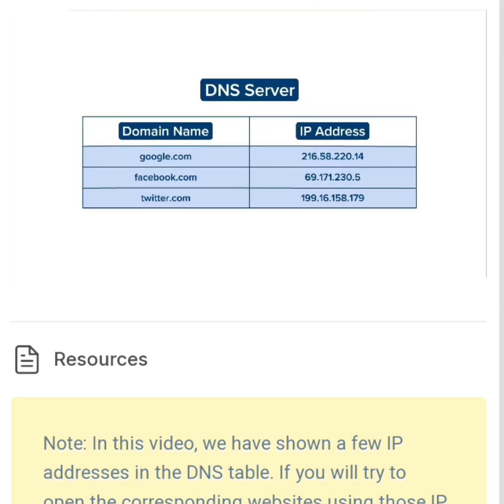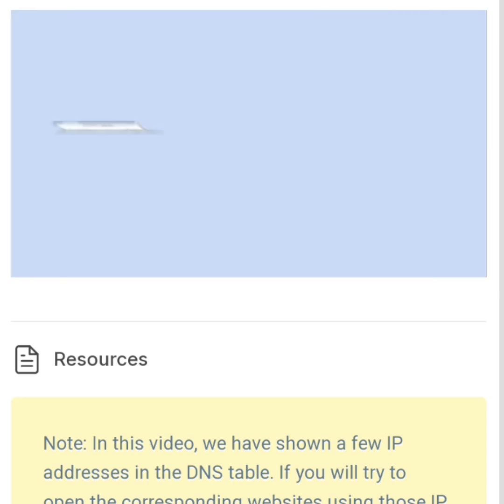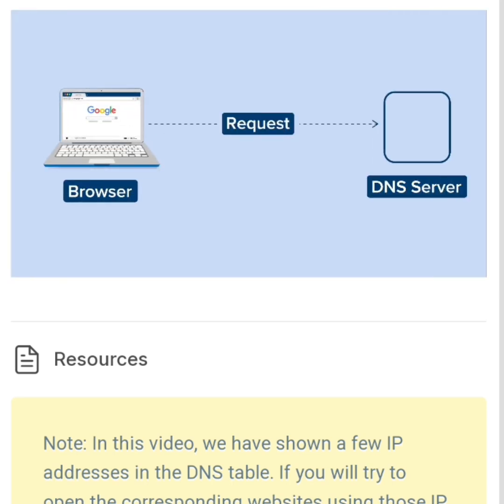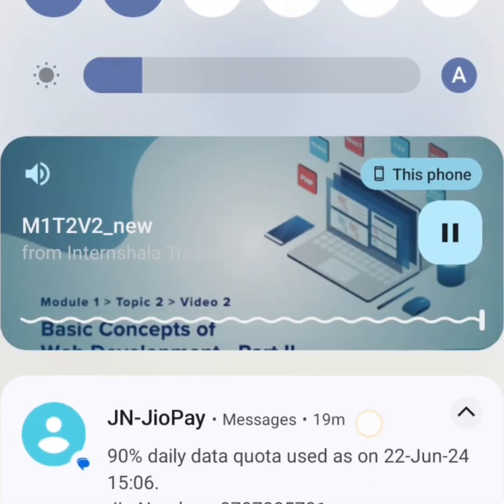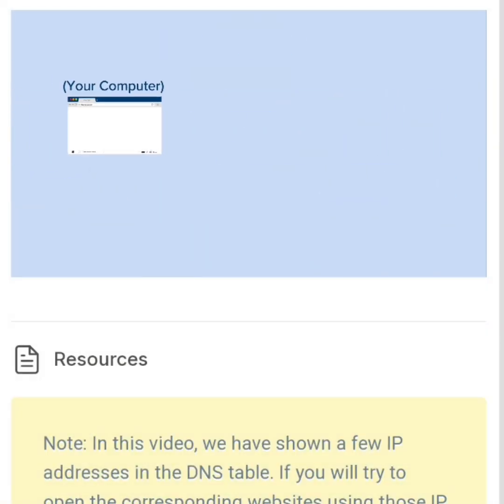This DNS maintains a table that maps all the website names on the internet to the IP addresses of their corresponding computers. In technical terms, the website name is also referred to as a domain name. So don't get confused as these terms are often used interchangeably. And the process of finding the IP from the DNS server by the browser is called DNS lookup. Now that we know a bit about the web server and how a browser finds the relevant server, let us understand this entire